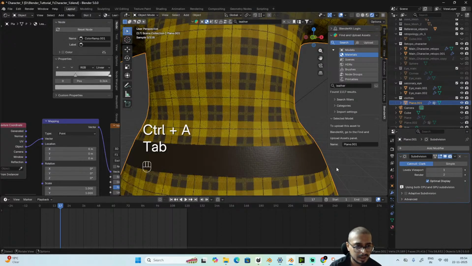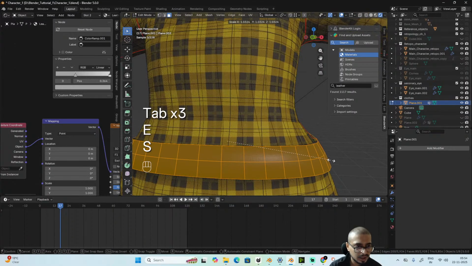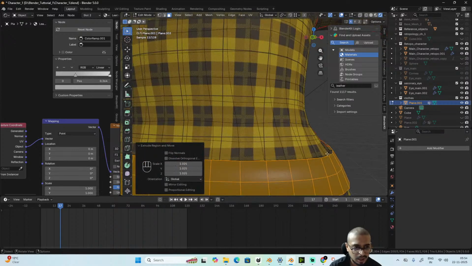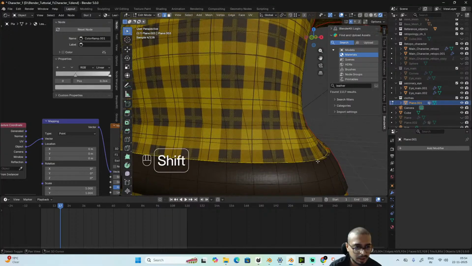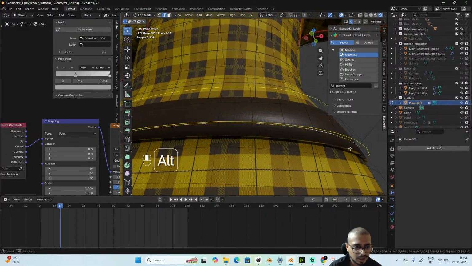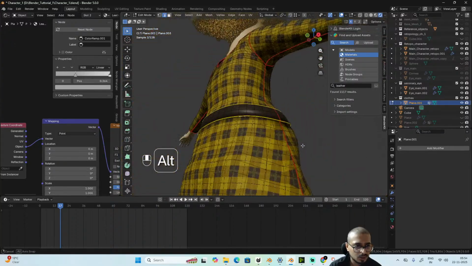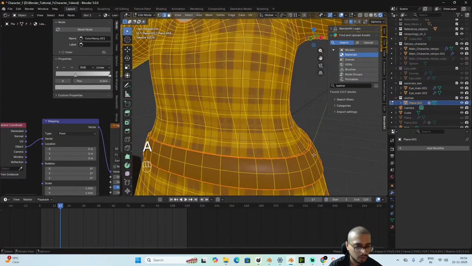I'll apply the subdivision surface first, and now I'll scale it, and I'll be adding some edge. I'll be giving some seams again to this part by right clicking, mark seam, and now I'll unwrap again,